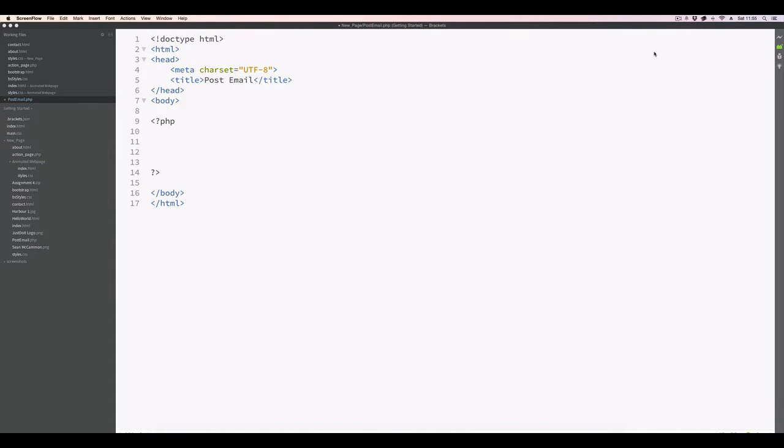Okay, so let's start creating this code. First thing I'm going to do, I'm going to create a new variable, and I will talk about variables in a second, called my email address. And I'm going to assign this a string of my email address, which is